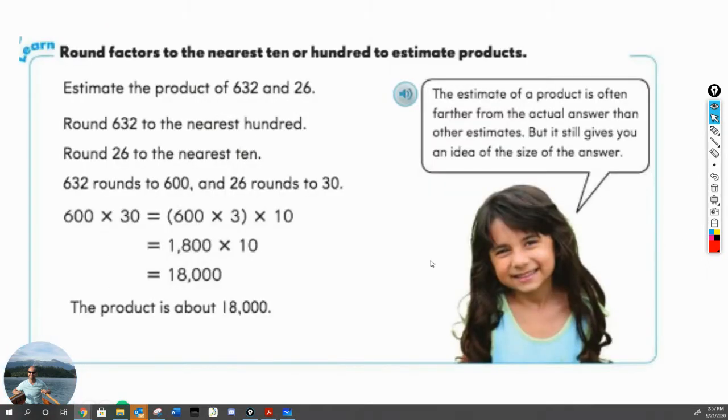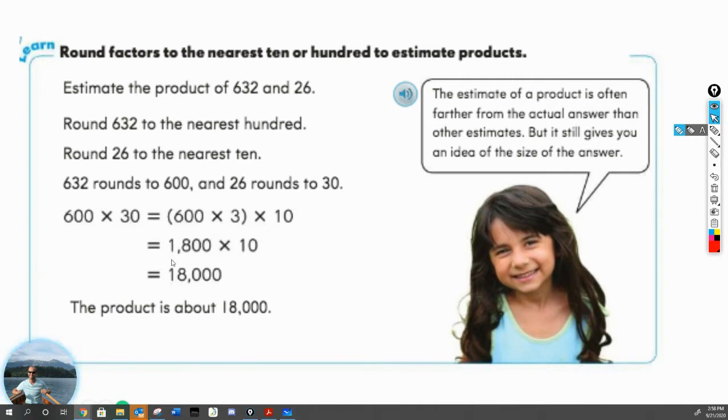So, that was working on solving problems, but now what we're going to take a look at is actually estimating. The way we're going to estimate is by rounding factors. In this case, we're going to round factors to the nearest 10 or 100 to estimate our products. So, a lot of times you don't need an exact answer, you just need an estimate. So, to estimate the product of 632 and 26, you're going to round this guy to the nearest 100, this to the nearest 10. So instead of doing 632 times 26, you're going to do 600 times 30, which is